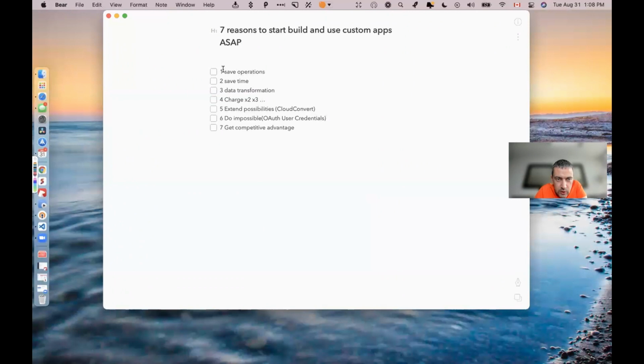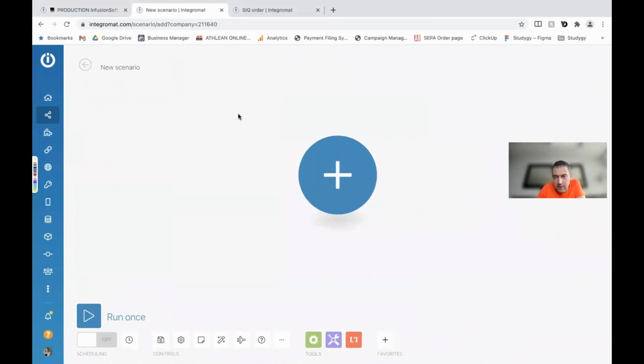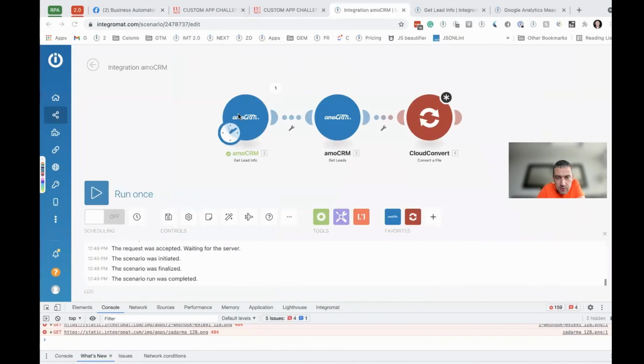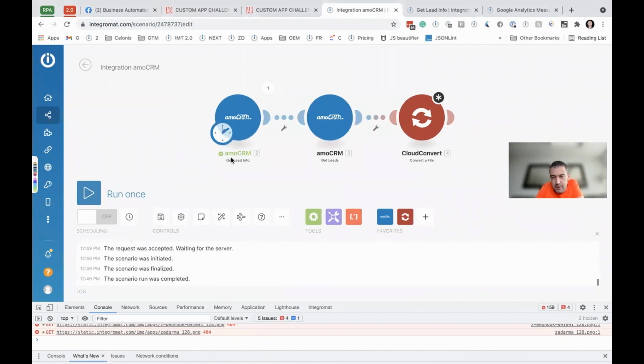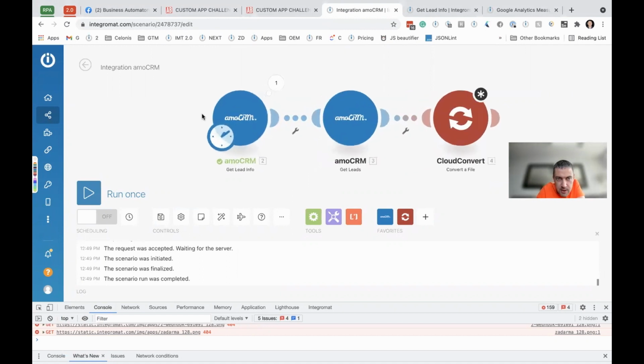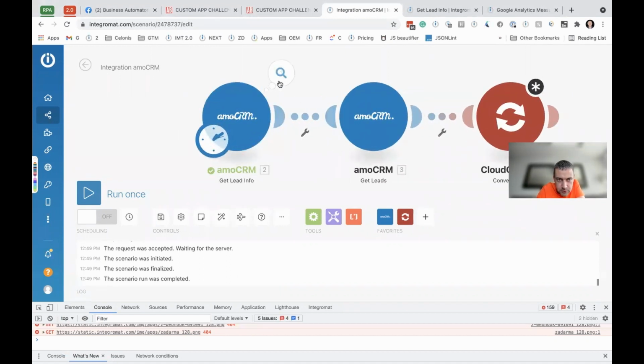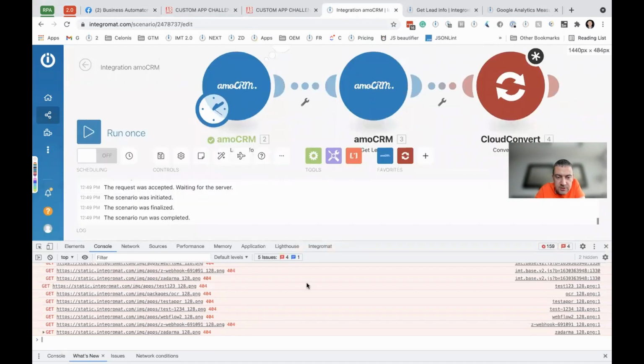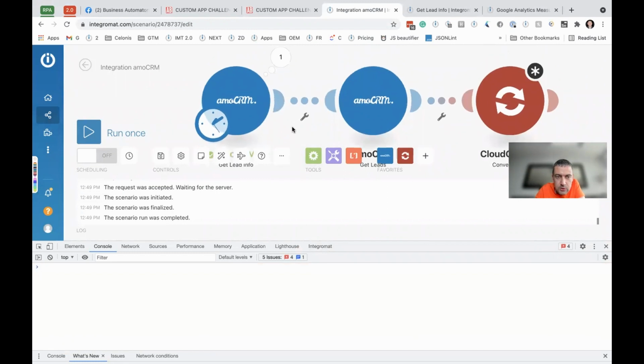Let's actually come to our list. So the first thing here that I mentioned was saving operations. Literally, we have probably two most common use cases of saving operations using custom applications. First is just doing a sequence of calls for a general informational request. In this case, I took my application, AMO CRM, and it calls get application info. This module I built a long time ago, probably a couple of years ago, to simplify the user experience when you use the